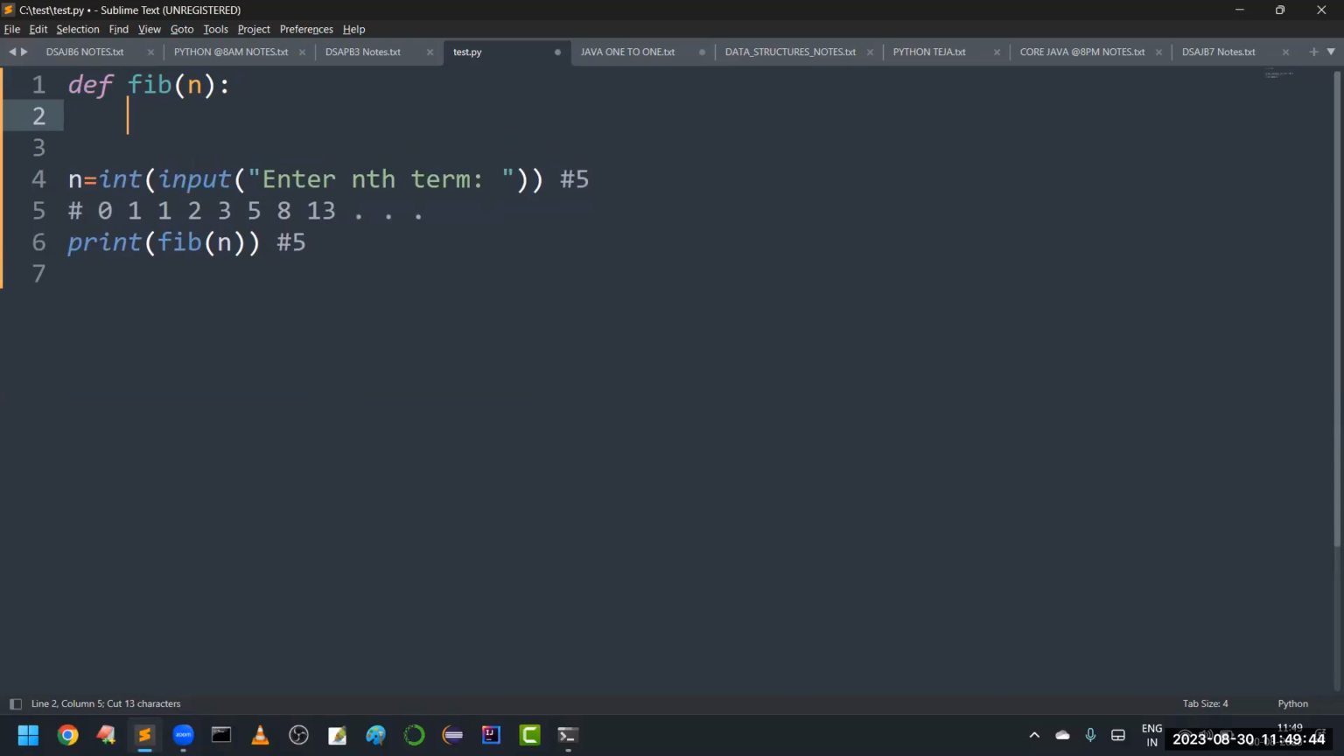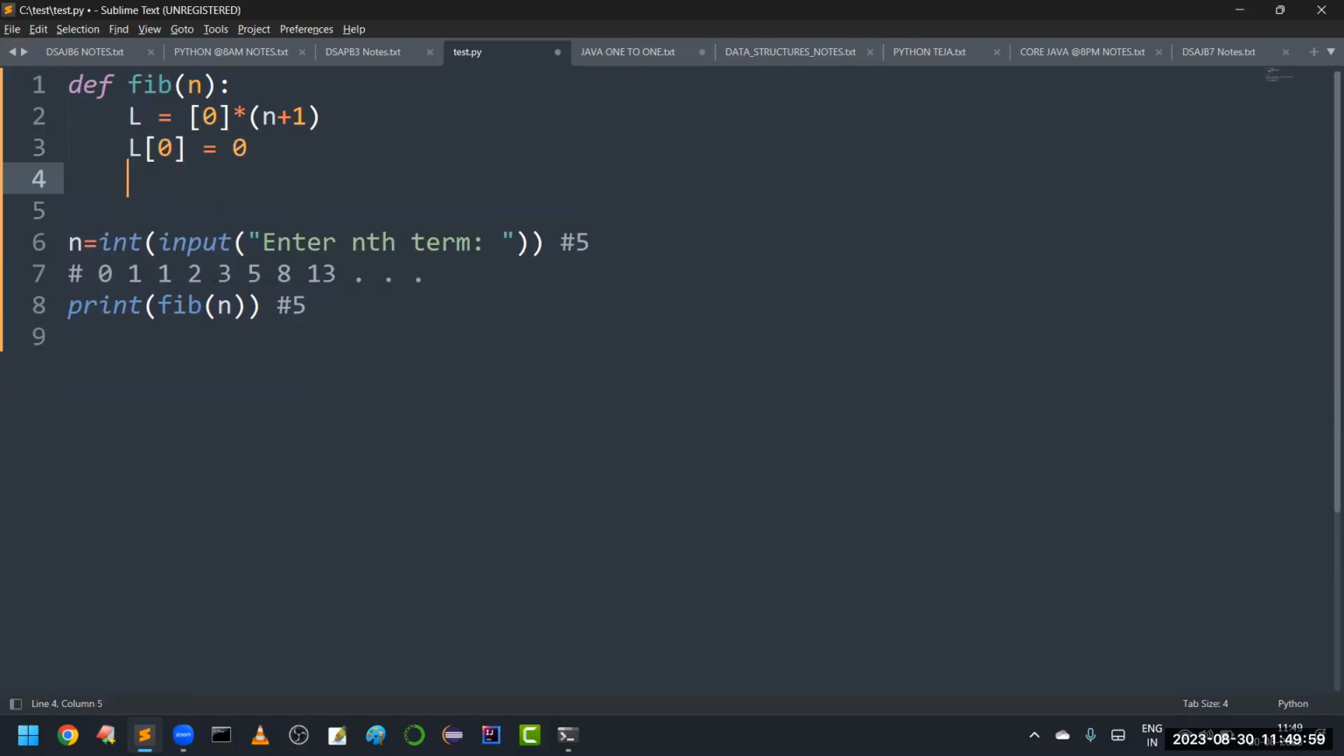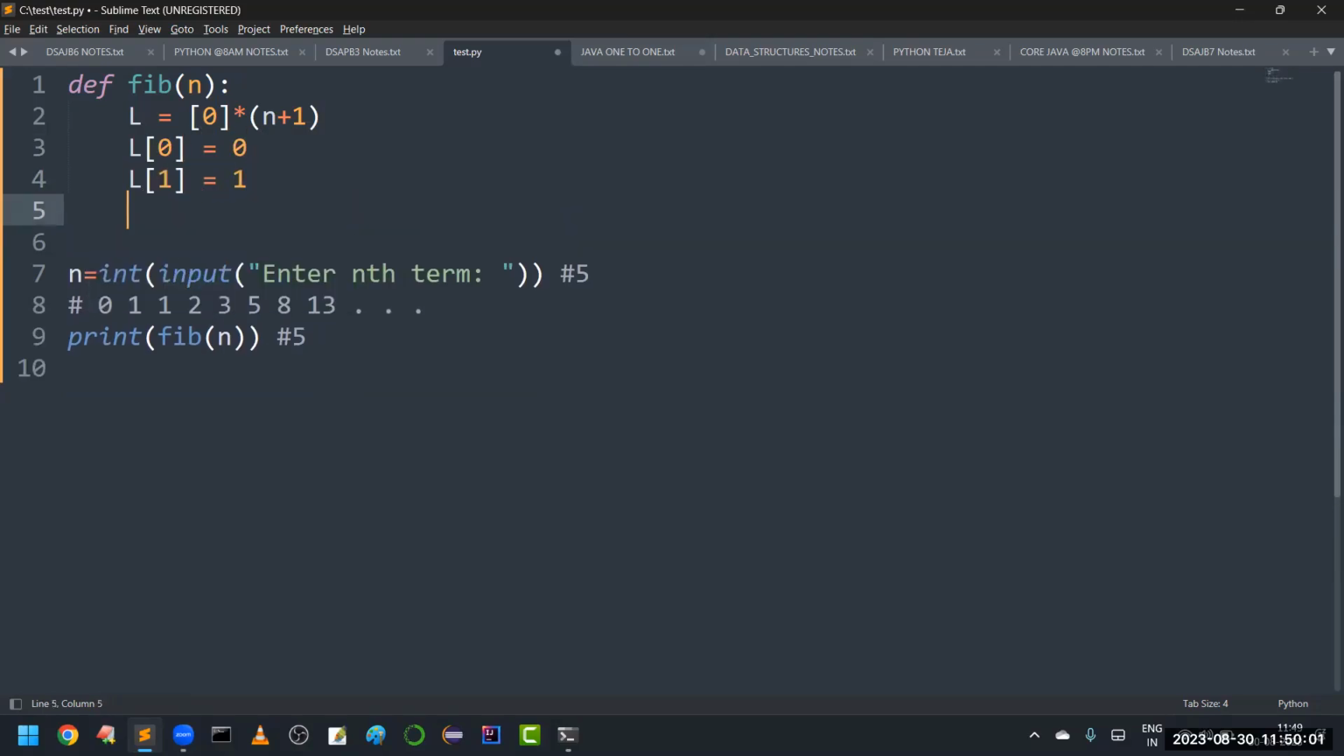Simple. I'm going to declare one new list with how many elements? 0 as the default value for n plus 1 elements. Then what are we going to do? We know the first number. First number is always 0. We know the second number. It is always 1. Try to take a loop for each i value in the range of second to